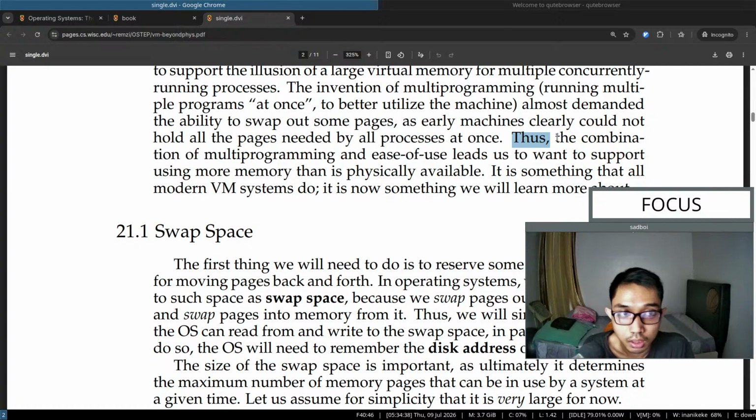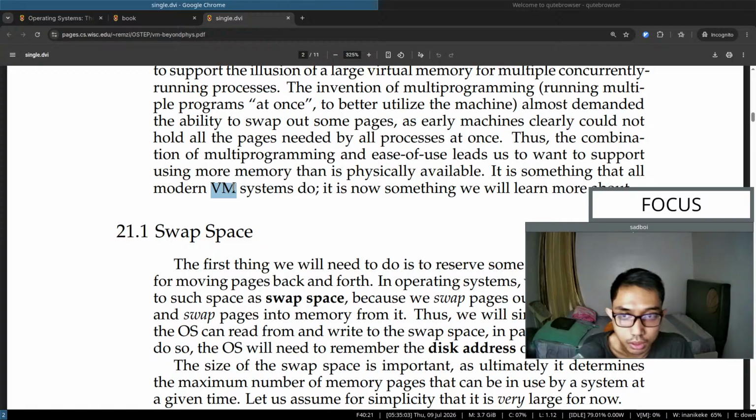Thus, the combination of multi-programming and ease of use leads us to want to support using more memory than is physically available. It is something that all modern